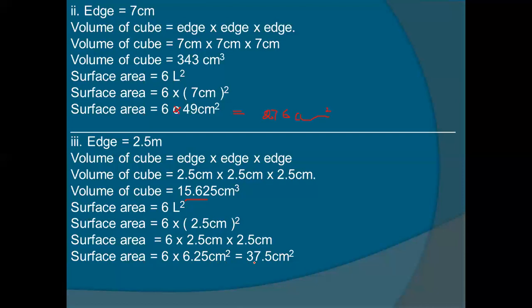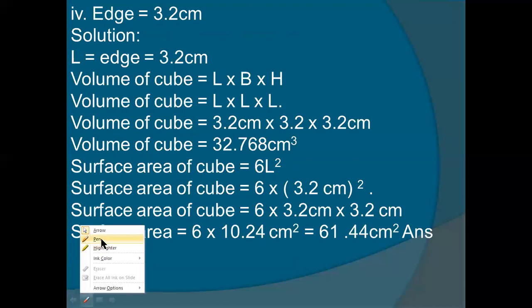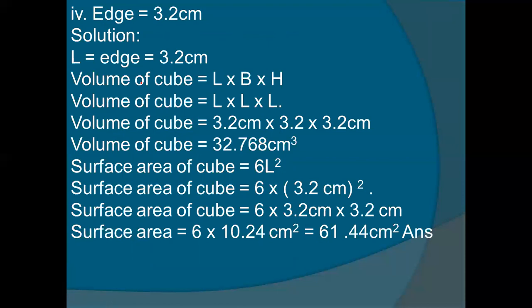So dear students, now we have part number 4. In the same way, part number 4 is also the same pattern that we have done here. Length is equal to 3.2 centimeter. Volume of the cube is equal to length multiply breadth multiply height. Now in a cube, we have the same values of length, breadth and height, so it means length multiply length 3 times. We will place their values 3.2, 3.2, 3.2. After the multiplication, we have got the answer